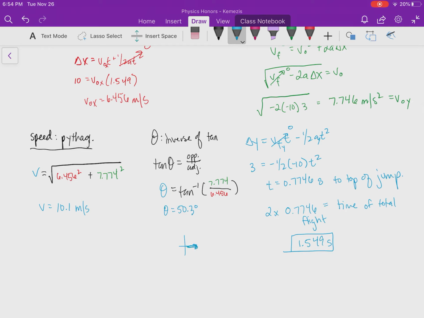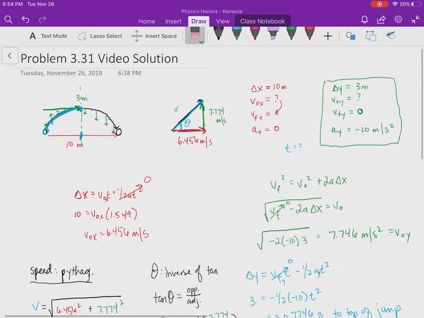because remember, if we are talking about directionality, we assume that out this way along the x-axis is considered 0. So if I say 50.3, we are assuming we are going up from 50.3, because the way that we do angles, we go in a counterclockwise fashion from the x direction. If you want to be super duper specific, you can say north of east, right? Because we are going east, and then we are going 50.3 degrees north of that, so we call that northeast, however you want to talk about it. But we would say the velocity is 10.1 meters per second, 50.3 degrees